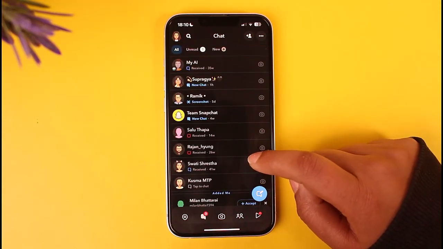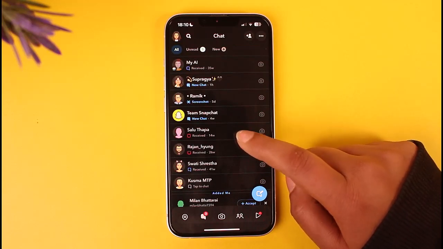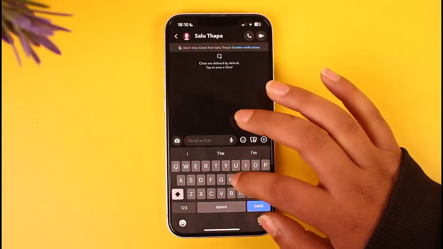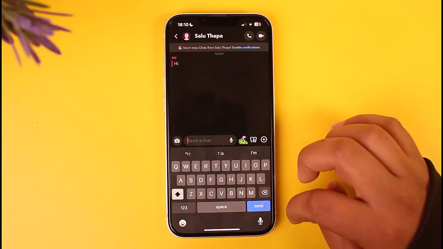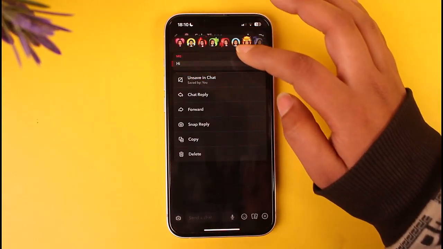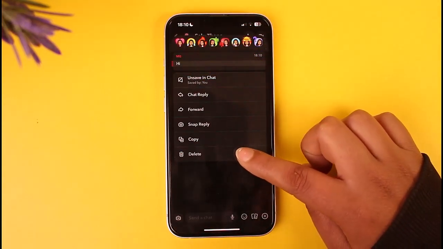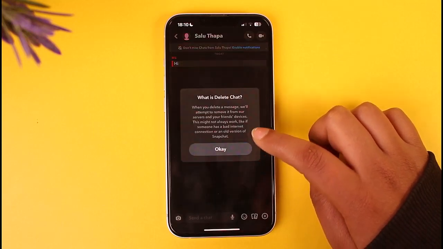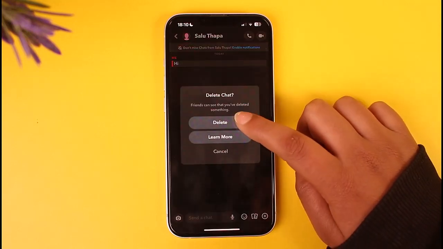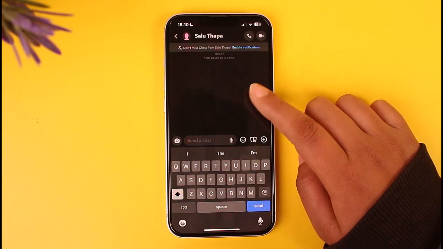For you to simply delete the chat, all you have to do is simply tap on them. Let's say we have sent a message, we can simply long press on it, and now we will have this option of delete right there given at the bottom. Tap on delete, and now tap on OK, and again tap on this delete, and now our message is deleted,